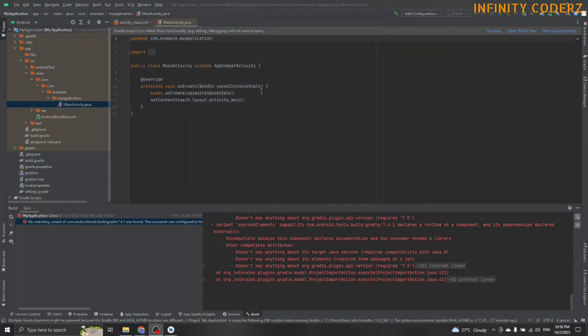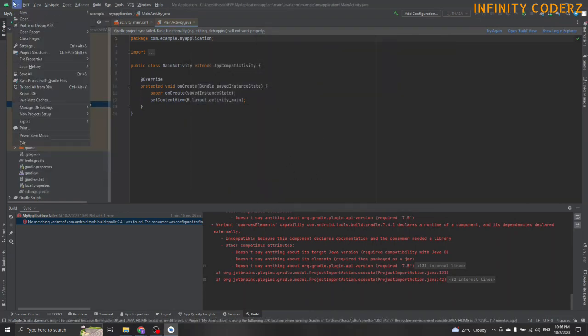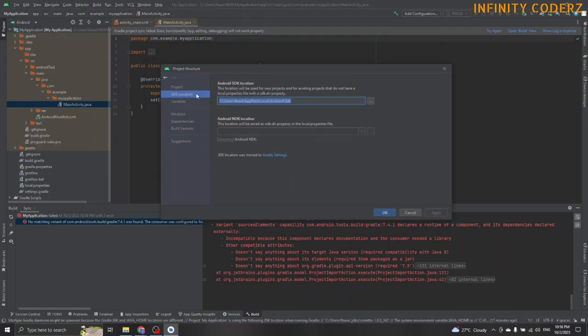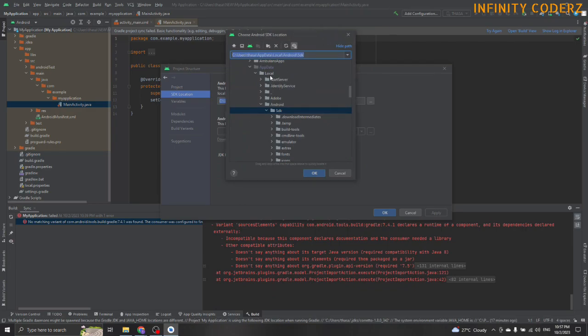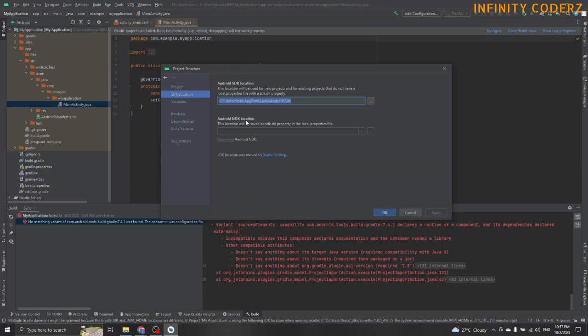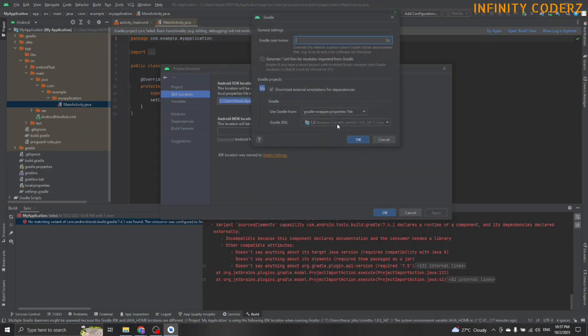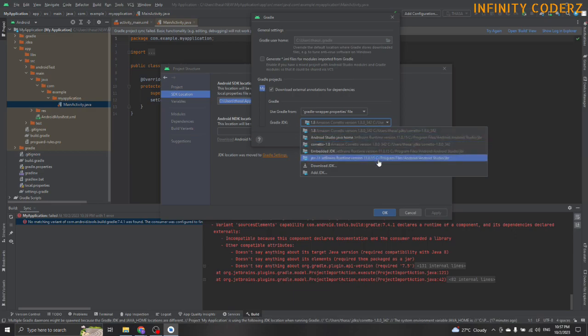In the project structure, go to SDK location and set the Android SDK location if it is not assigned or the location has been changed. The Android NDK is a toolset that allows developers to use C and C++ code in their Android apps and is optional to fill in. Finally, to set the JDK location, click on the Gradle settings, which would open up the Gradle window,